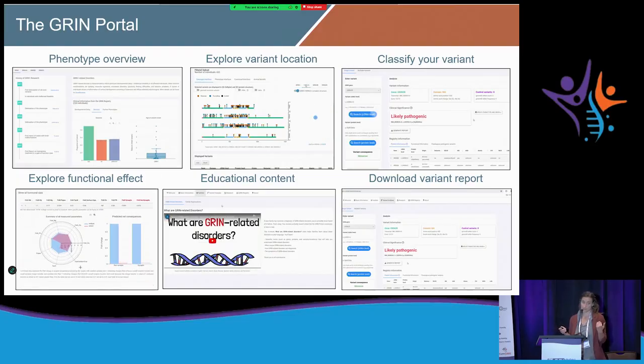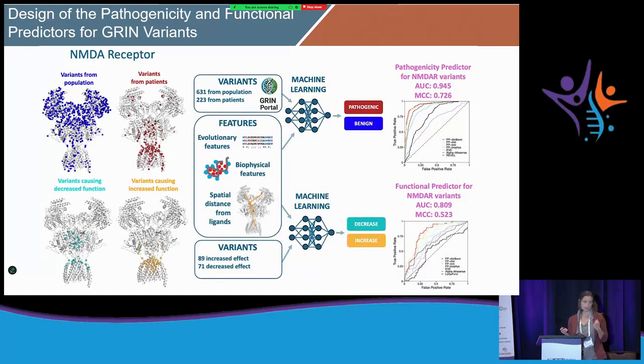So thanks to all this aggregated data, we were able to produce the two machine learning predictors that I introduced before. And this is the main design of these predictors. We have two datasets of variants: one classified as pathogenic or benign, and one classified as increase or decrease of function. We encoded these variants through evolutionary and biophysical properties, and what our predictor has that was not available in other general predictors is that we included some